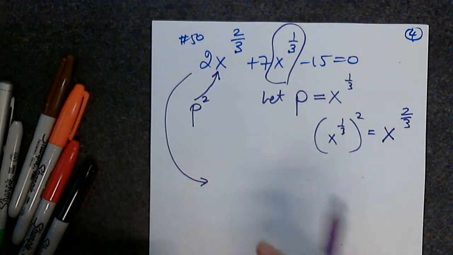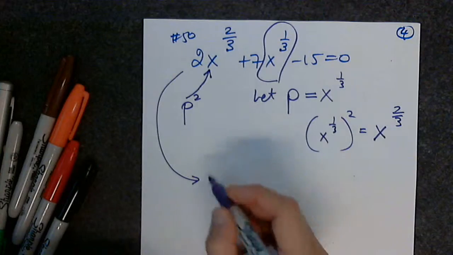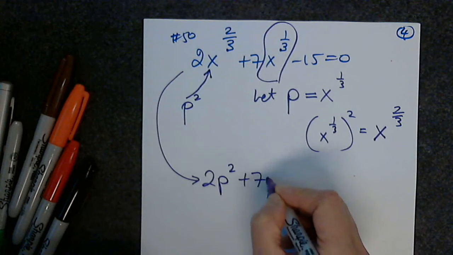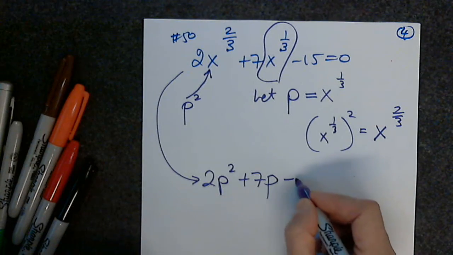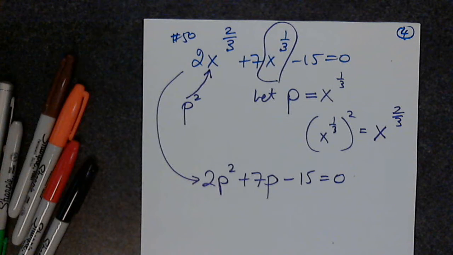Now, can anyone dictate the new equation that we just created? I agree with that. Plus 7 p minus 15. Awesome. So we were able to change the given equation into an equation that is quadratic